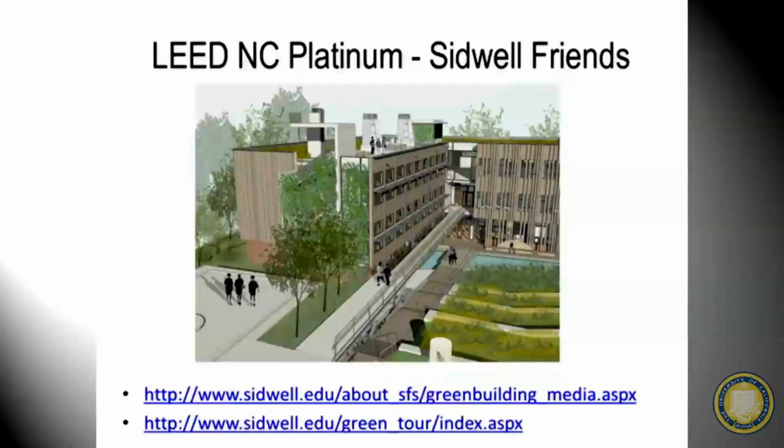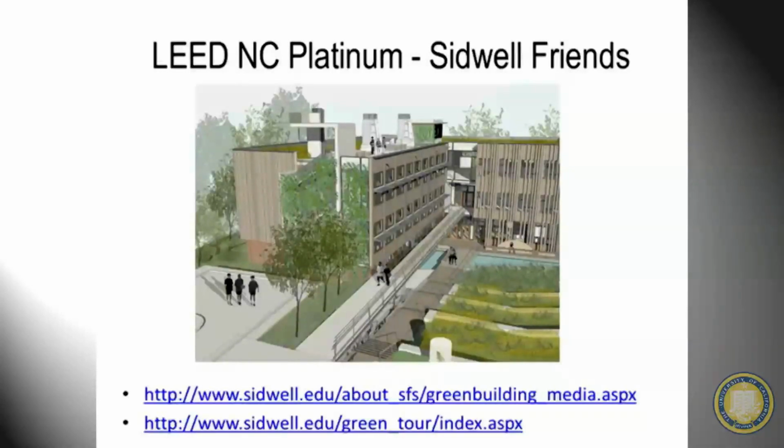So this is Sidwell Friends. This is where the Obama children go in DC, and it's one of the most famous green schools. Well, it is the most famous green school in the country. I'm pretty comfortable saying that. And it's LEED Platinum, and if you are ever in DC and you want to get a tour, you can set up a tour, and a middle schooler is excused from class. They walk you around and give you a whole building tour of everything. And they all know everything about the building.